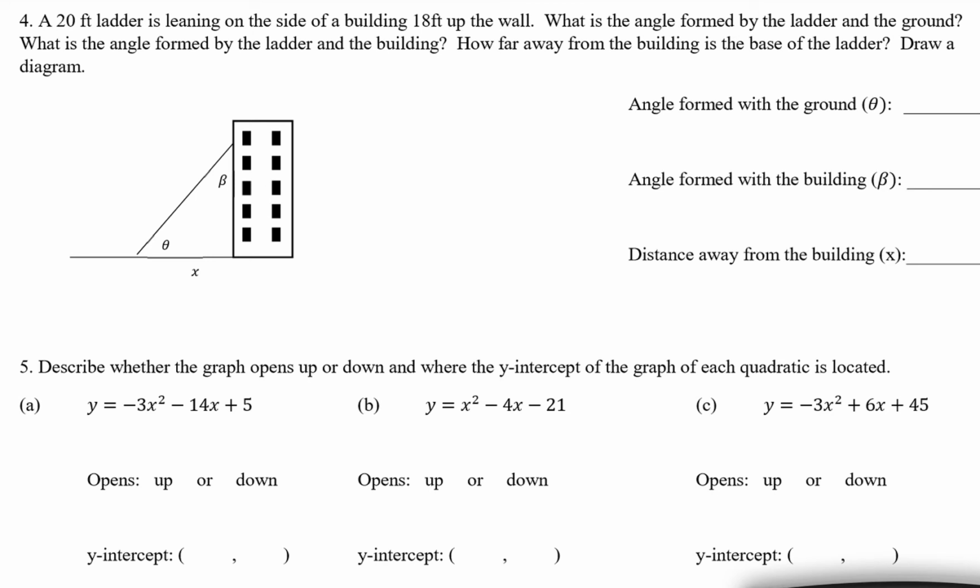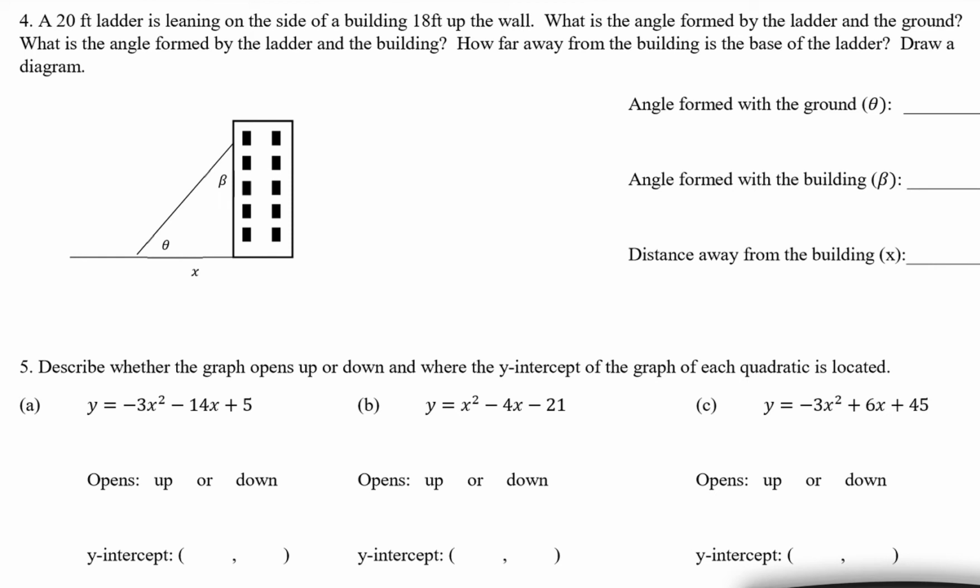Question 4 primarily gives us an opportunity to practice reading and understanding a diagram, a bit of vocabulary, and then we are also going to find the two acute angles in a right triangle. What is a right triangle, right? Assuming that this is not the Leaning Tower of Pisa, it's just a regular wall that's erected at a 90-degree